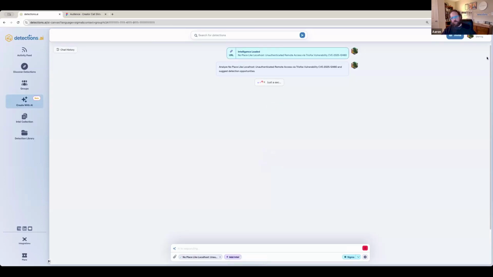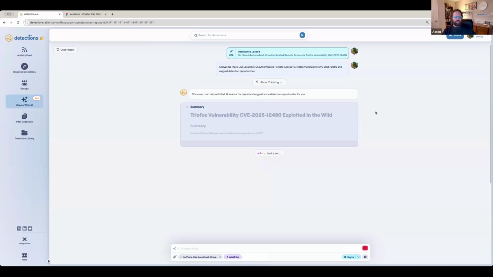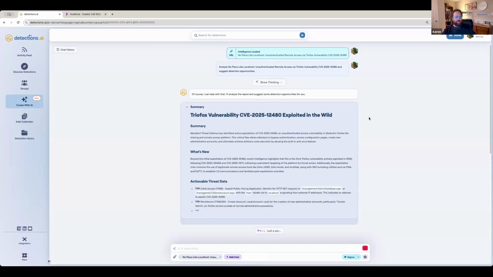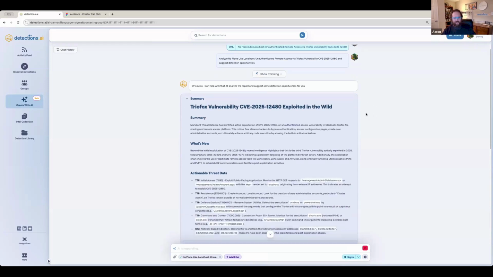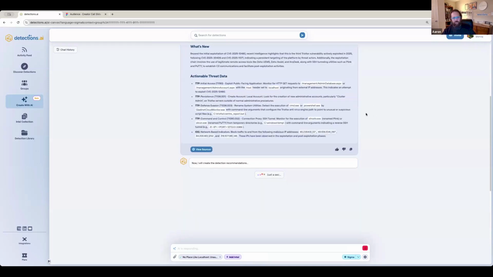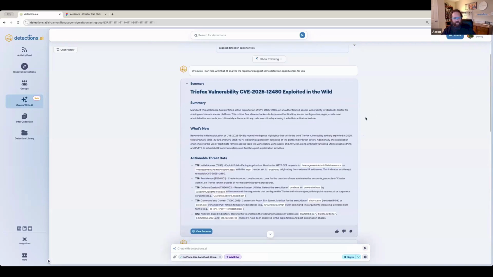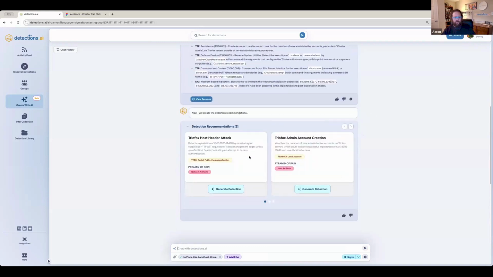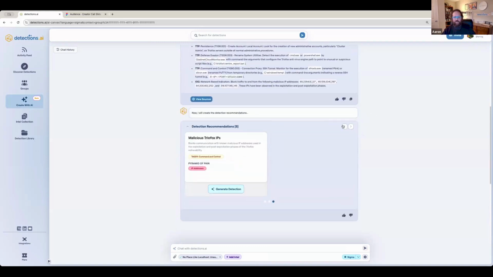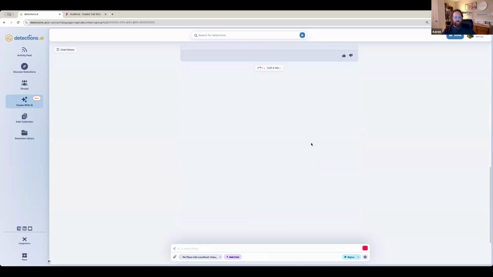So there's also other paths to get your detections. I'll show you in a second, but a vast majority of our shared detections come from AI work. So people putting together detections based on intel they're bringing to the table, or things they've seen in their org, or things they want to talk about. So you can see here, if you give it intel, again, I'm not gonna go too deep in this, it'll create a summary for you. It'll create some pathing of different options that you can go after. So I'll just do an IP one, just to hopefully make this simpler.